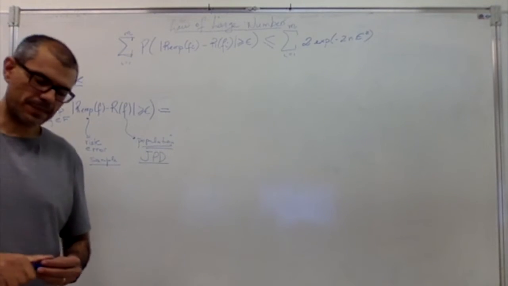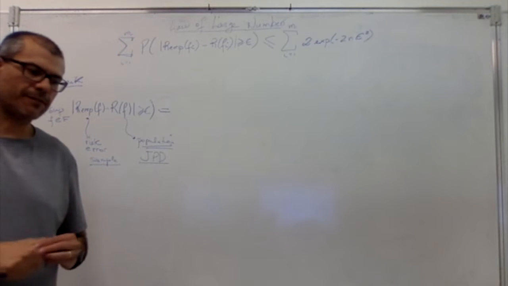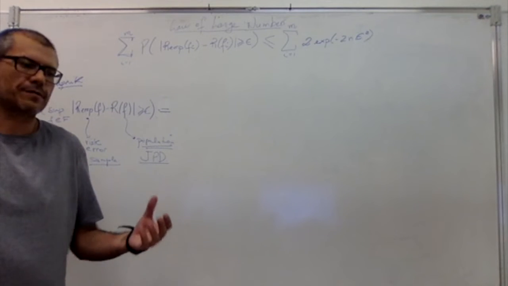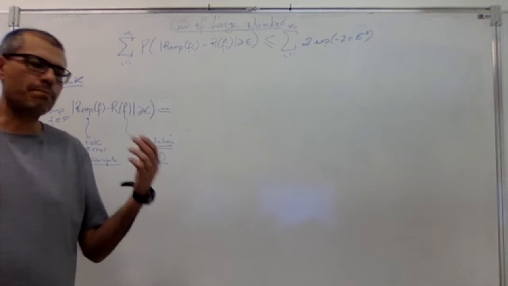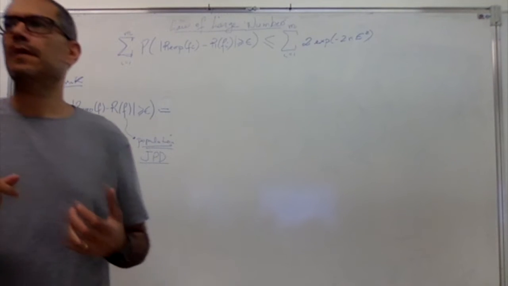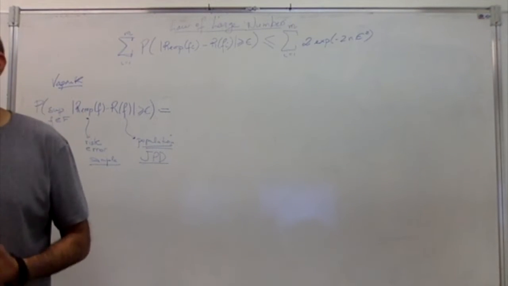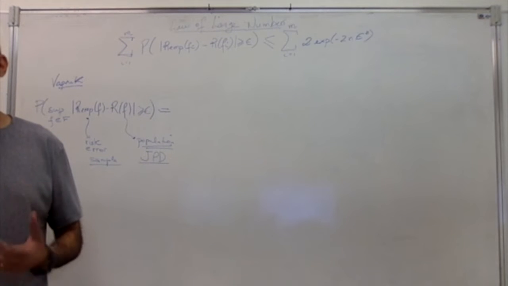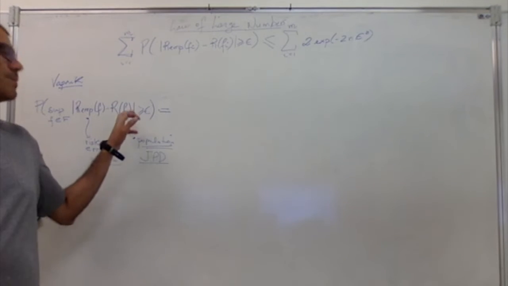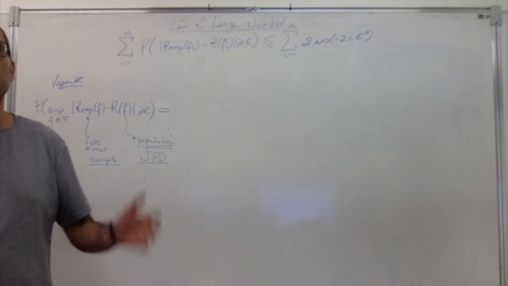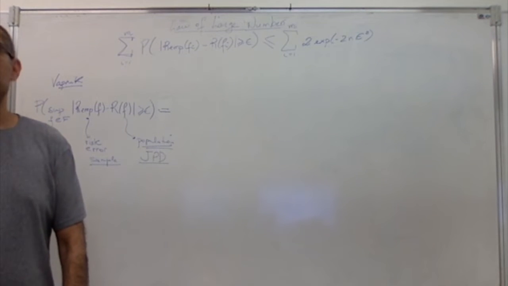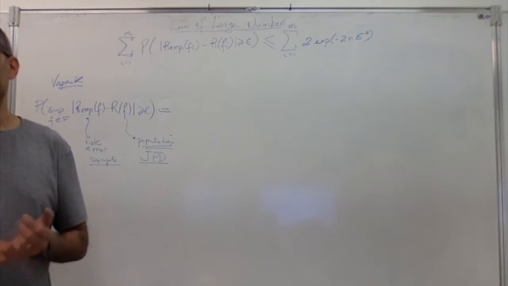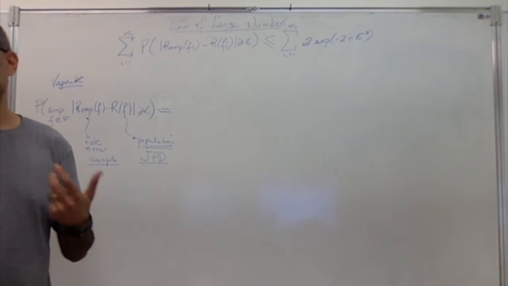So it doesn't matter if I have lots of examples. Could be 1 million, 1 billion examples. As long as I don't have access to the joint probability distribution, I just can't compute this. It's just uncomputable, in fact. So there is a way of dealing with that. We're going to talk about that later.